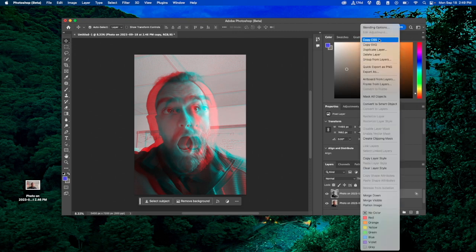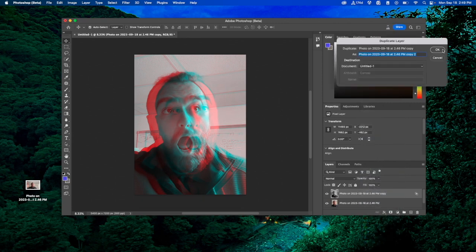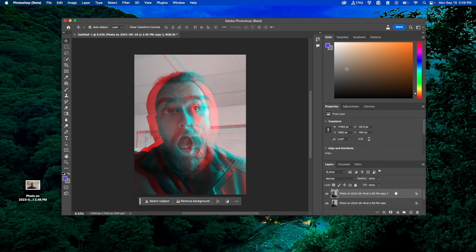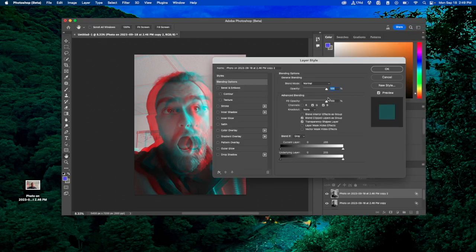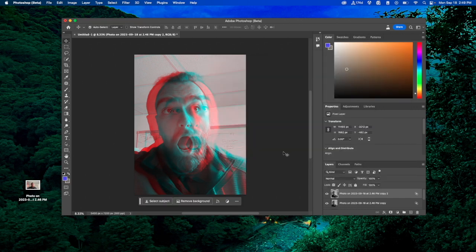Now I'm going to right click again, and I am going to duplicate my layer one more time. Now I've got another one. This one I'm going to right click on as well and click on the blending options, and this time I'm also going to uncheck the green. Alright, so I've got the green and I've got the red. I'm going to click OK again, and now I've got this extra layer that if I shift it,